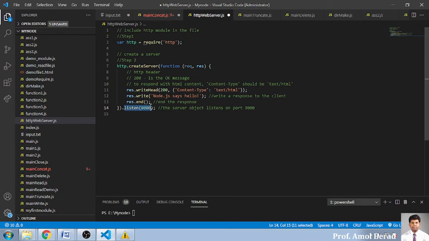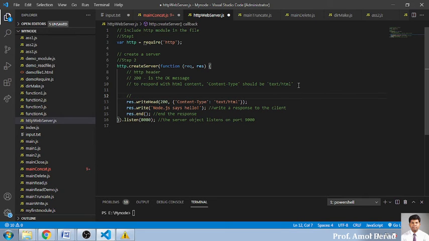So which port is enabled for executing it. And step number three is again here we return, that is how to create a response object. We have created, this is step number one, this is step number two, and into step number two we have written this step number three.